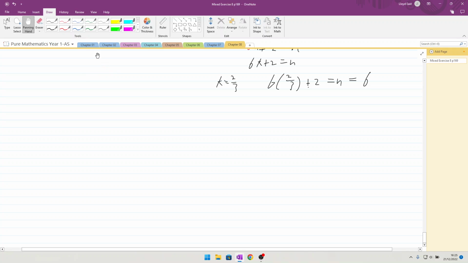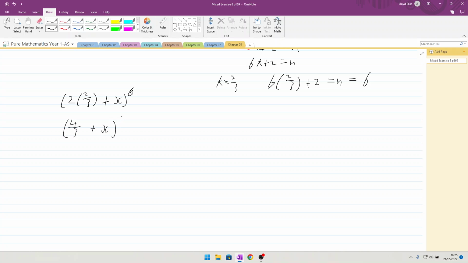So we've got bracket 2 times 2/3, plus x to the power of n, or 6 even. 2 times 2/3 is 4/3, so we've got 4/3 plus x to the power of 6,